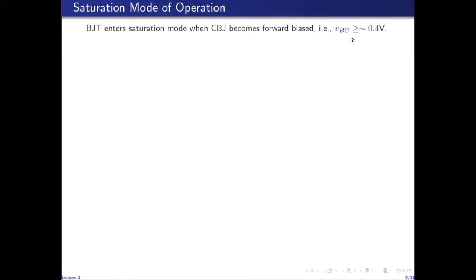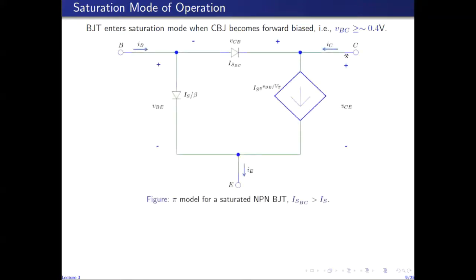So the transistor enters the saturation mode only when the collector-base junction becomes forward biased, or the forward bias voltage across the collector-base junction exceeds 0.4 volts or so. So when that happens, the collector-base junction starts conducting appreciably in the forward mode, and hence